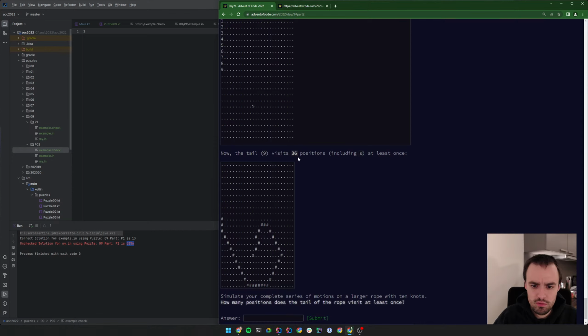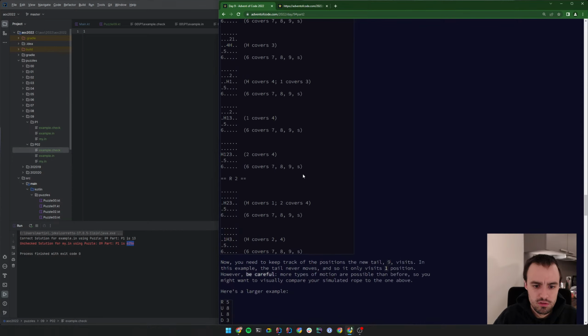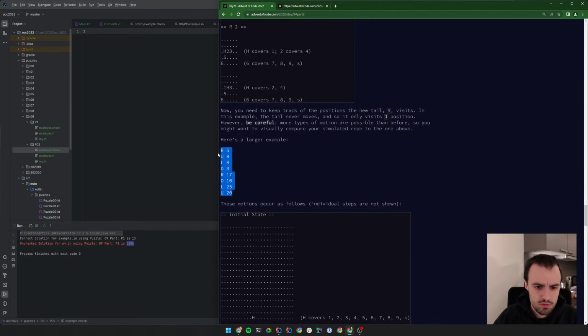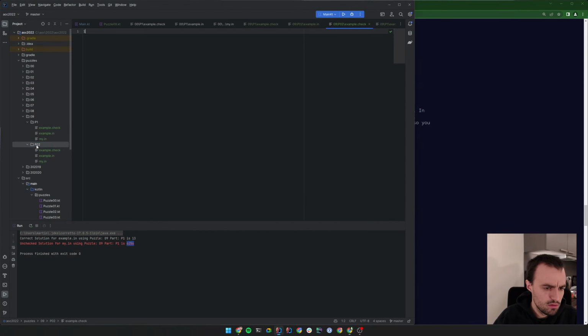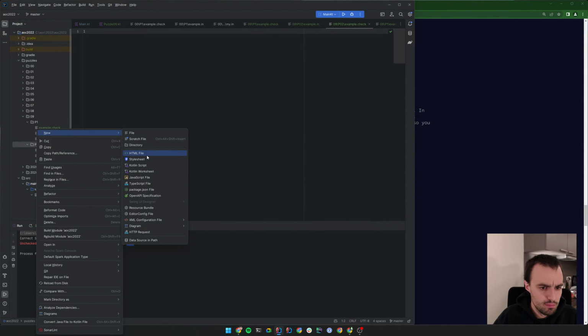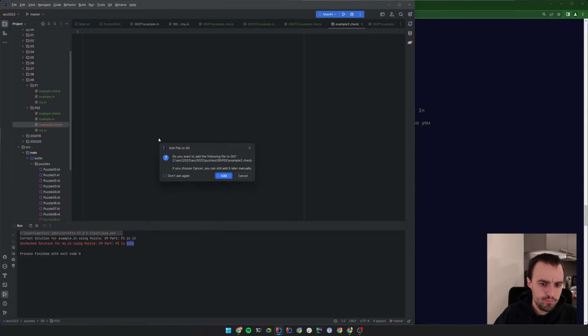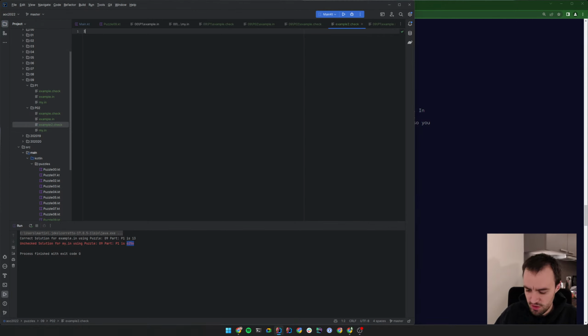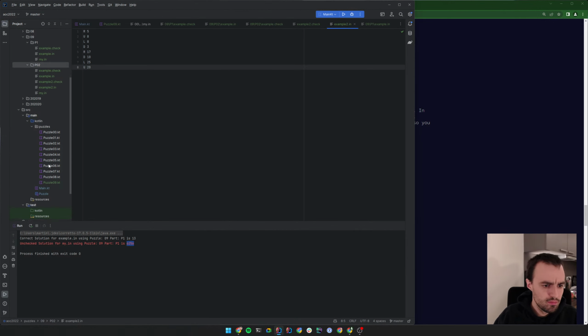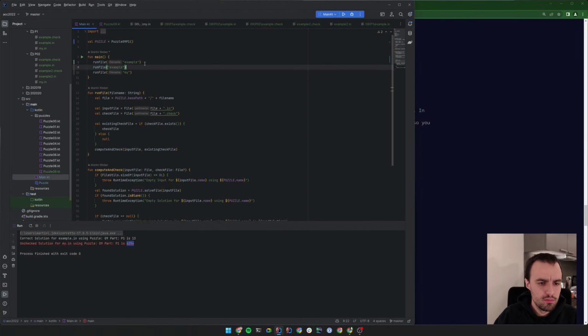And this time now take this new file, example2.check, add which is 36, new file .in, which would be this, and